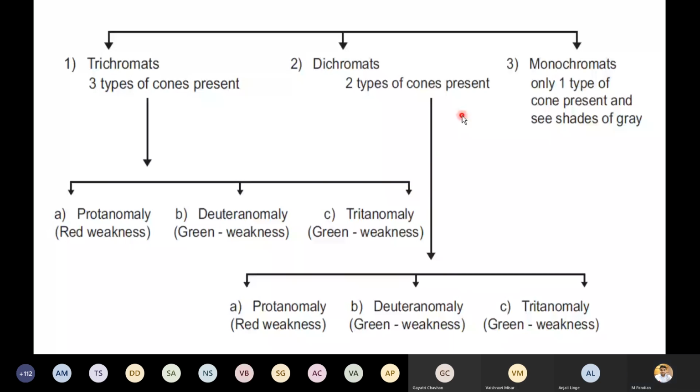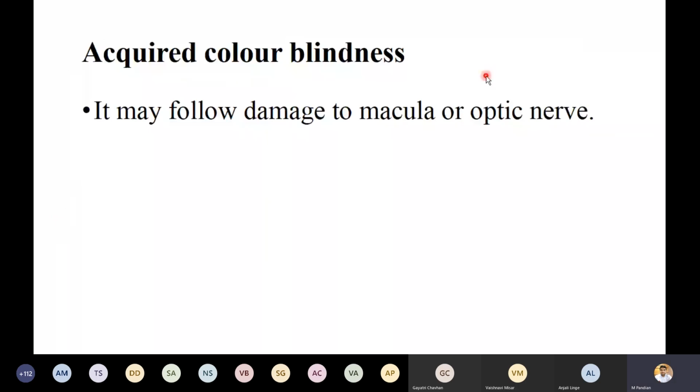Next, acquired. It may follow damage to the macula or optic nerve. Apart from this, trauma, chronic diseases like glaucoma, degeneration of the macula of the eye, retinitis, sickle cell anemia, Alzheimer disease, diabetes, liver disease, multiple sclerosis.